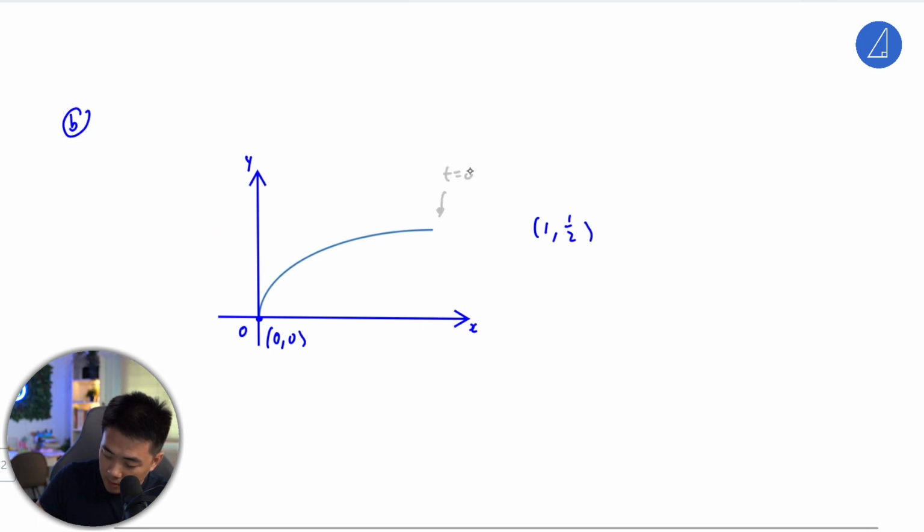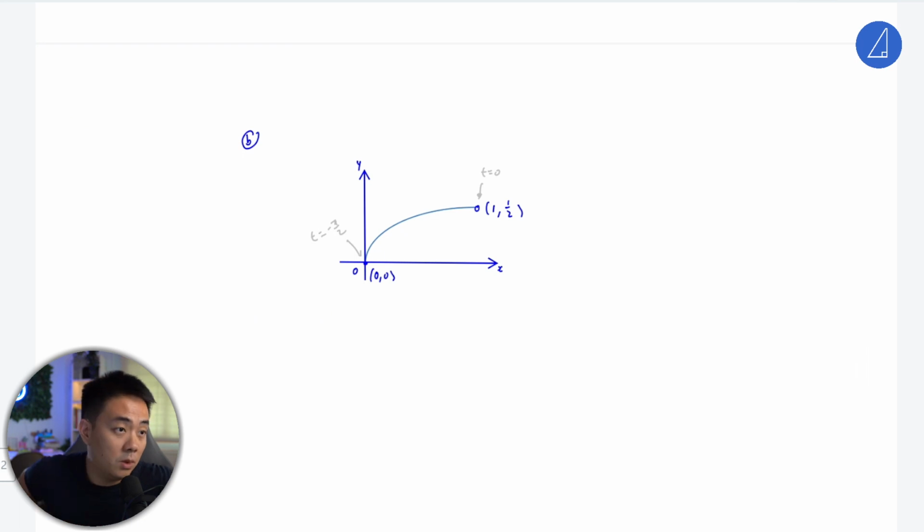T is 0 here, the parameter. Just put a faint point there. Okay, that will be good. Done. So once this is done, put it in. Then this guy here will be my t equals to negative pi over 2. Just make it a habit, because in the subsequent part, we need to use the